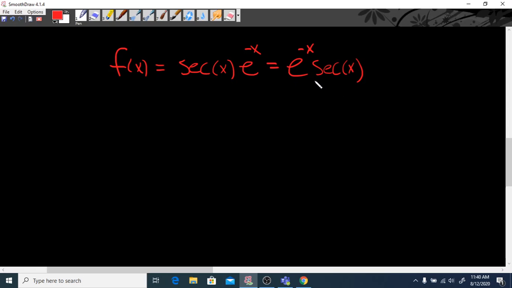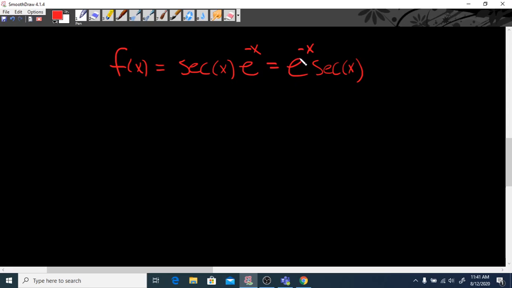So, let's do it. Okay. Let's do something like this. Here we go. Secant x multiplied by e to the negative x. More commonly, this will be written this way. It's just easier to look at this way. Okay? So, again,